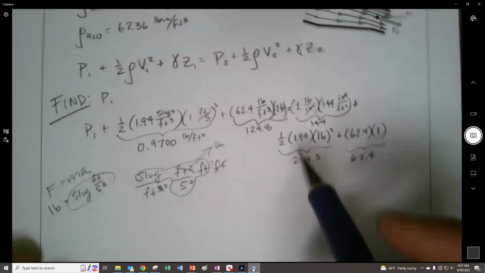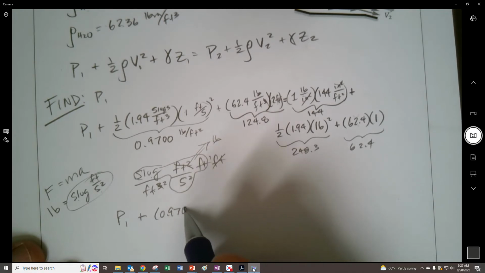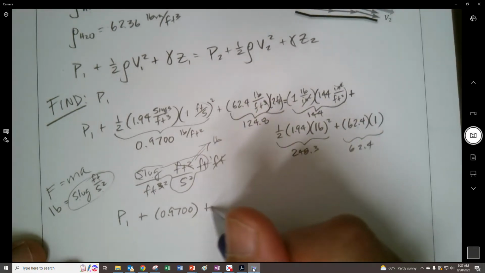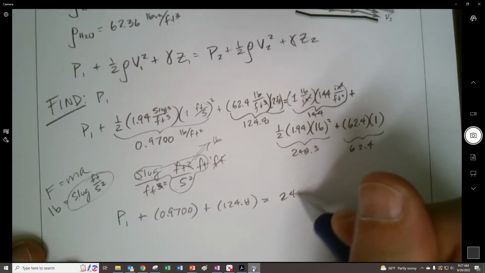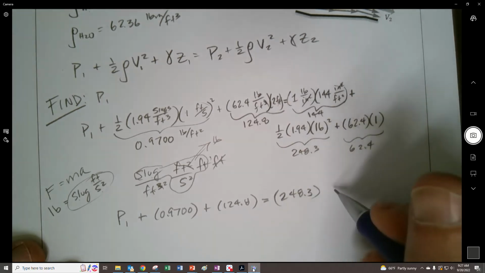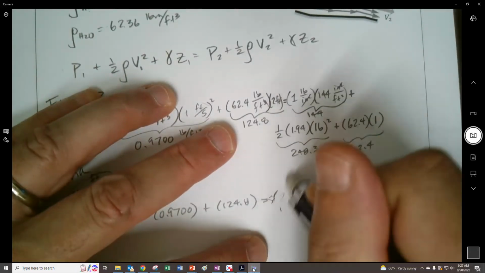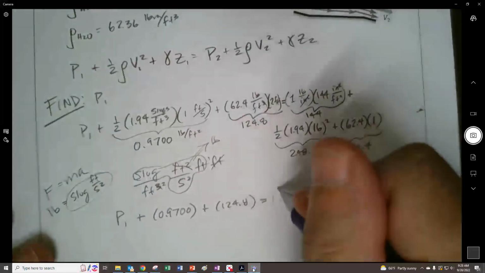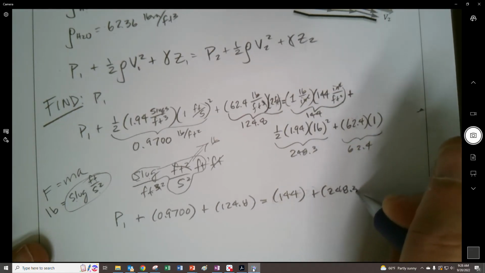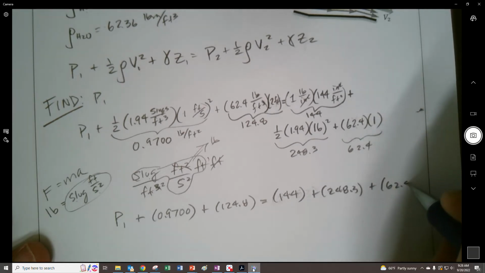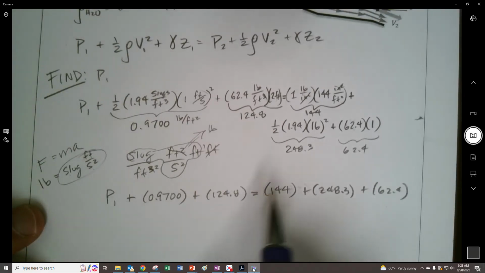So let's just write this out here, that P1 plus 0.9700 plus 124.8 is going to be equal to 248.3 plus, whoop, I left out my 144, didn't I? My bad, sorry. Put them in order, why not? 144 plus 248.3 plus 62.4. And from that, you get kind of a sense of what is driving this P1, which will